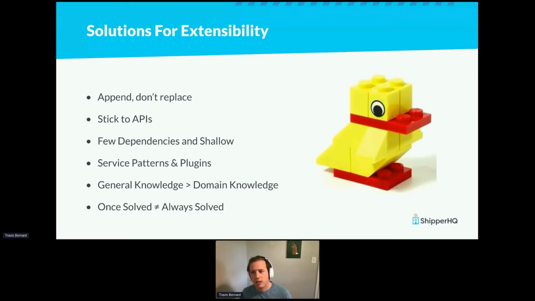We do want to make sure we're adopting Magento service patterns. You know, again, kind of going back to, we used to kind of override everything, but Adobe's doing a really good job of putting an actual service layer in, an actual service boundary there. So those are the points we want to connect into. We want to use plugins judiciously, so that we can make sure that our code, again, going back to the append don't replace, so that we're plugging into the code rather than replacing the code